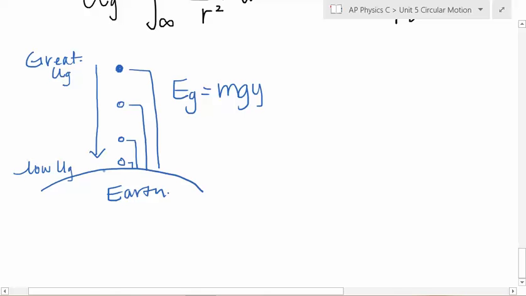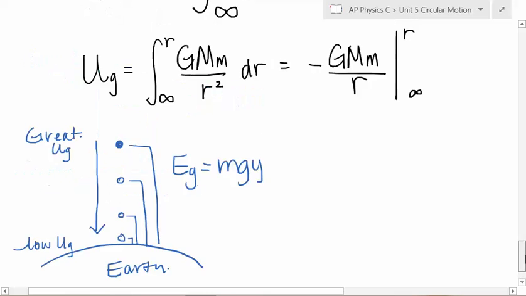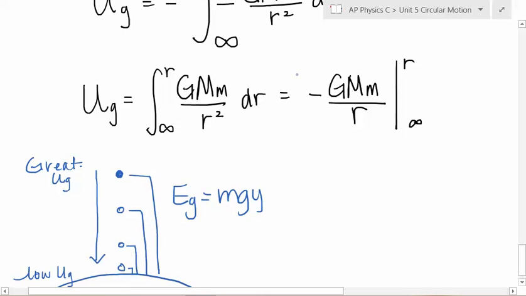And I need to have a place where my function can zero out. Because like we have zero potential energy in terms of the Earth-ball system when the object is at its surface, right? So I pick infinity because when I do this, if I get to finish it up here,